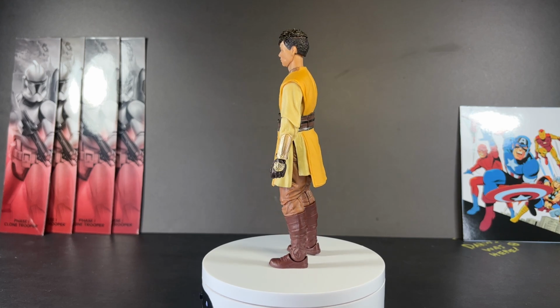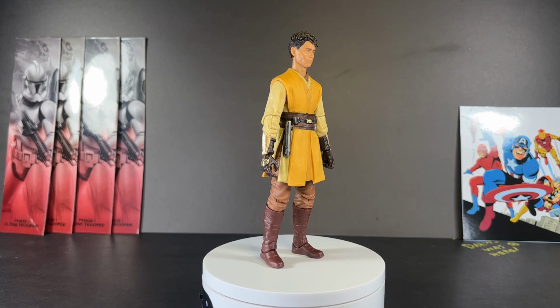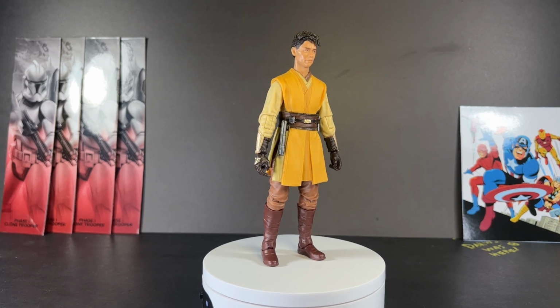And here we have Yord Fandar out of the packaging, another character that I am certain is going to last for a very long time in this franchise. Oh man, I can't wait to see what else he gets up to. But